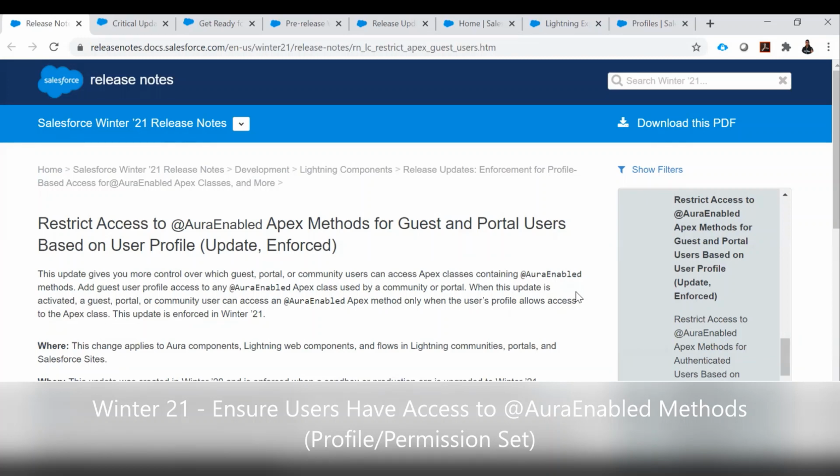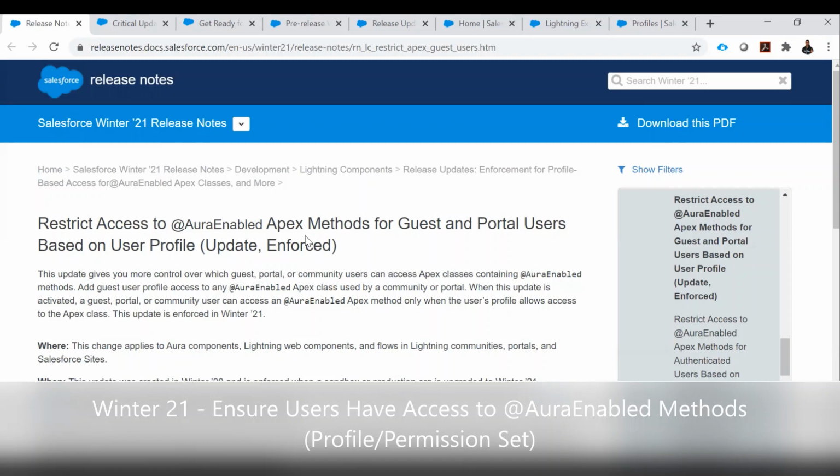In Winter 21, it's activated automatically as a critical update for all the orgs. This critical update enforces user profile restriction for the Apex classes used by Aura components and Lightning Web components.